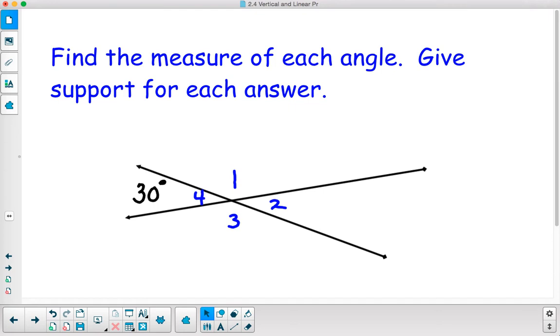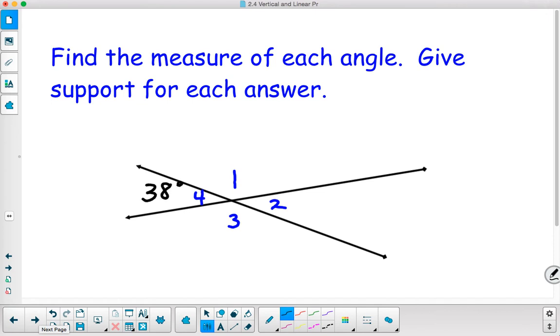Okay, so now some practice problems. Whoops, I just used 30 degrees. So let's change this degree measure for angle 4. Let's make angle 4 38 degrees. Okay,